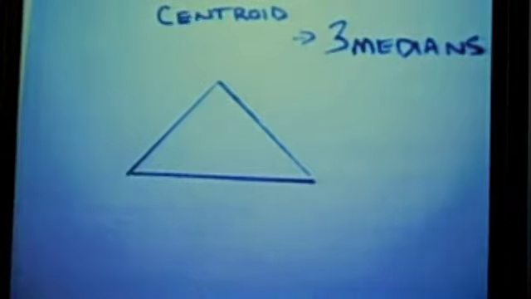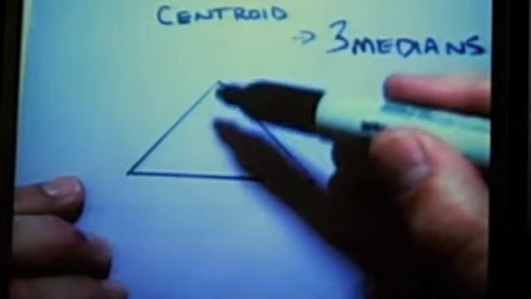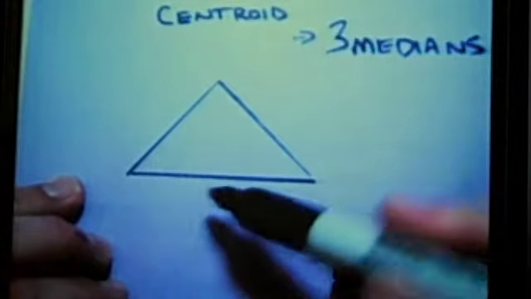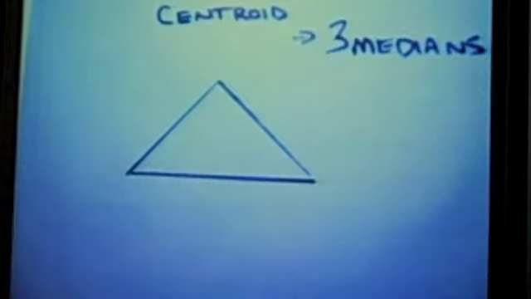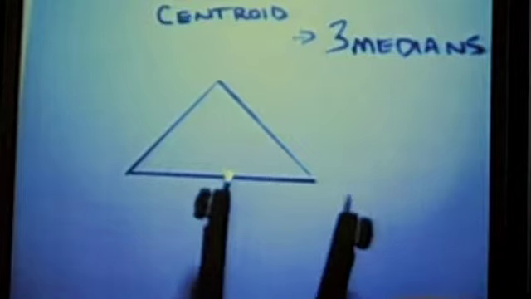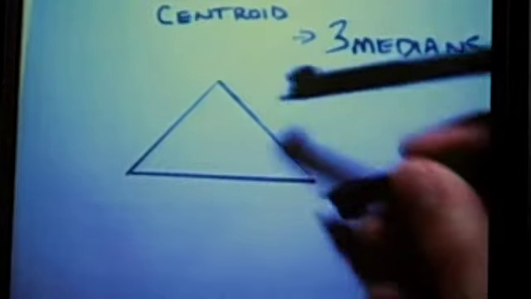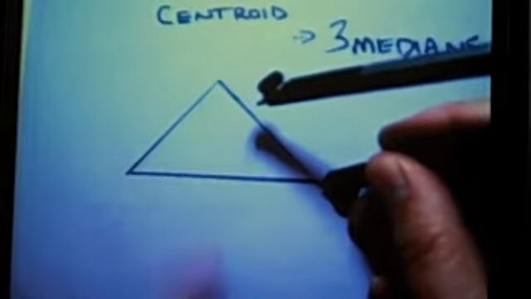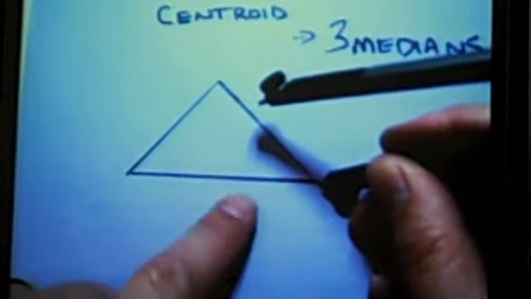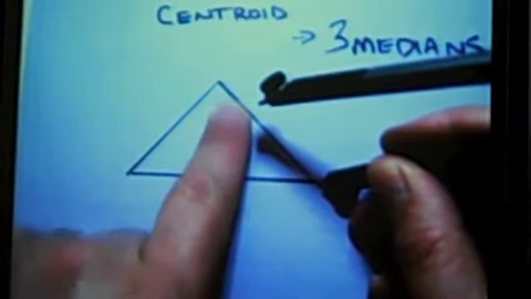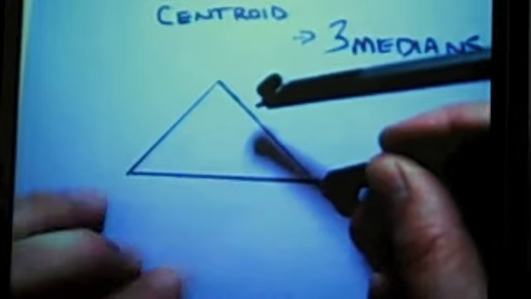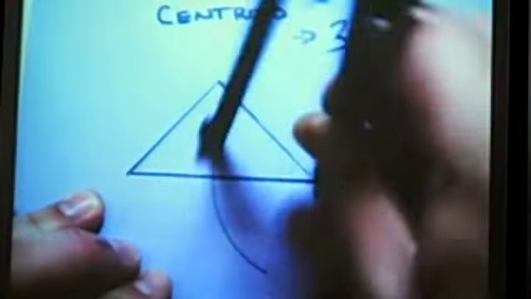So the question is, how do we construct a median? Well, a median goes from a vertex to a point on the opposite side that is the midpoint. So we need to find the midpoint of this side. The construction skill we'll use, using our compass, is to construct a perpendicular bisector, which will not only give us the bisector, but a side benefit of a perpendicular line. We're not going to use the perpendicular line here, but we'll go more than halfway,